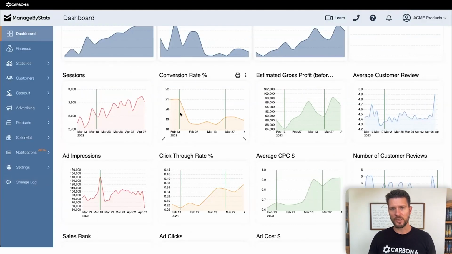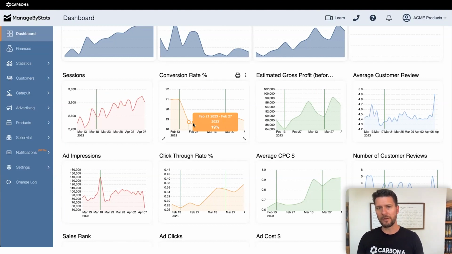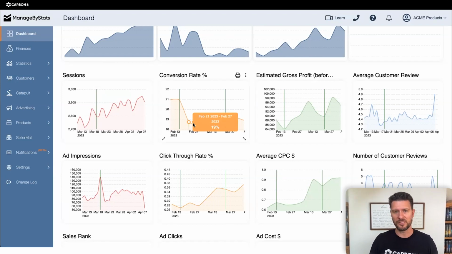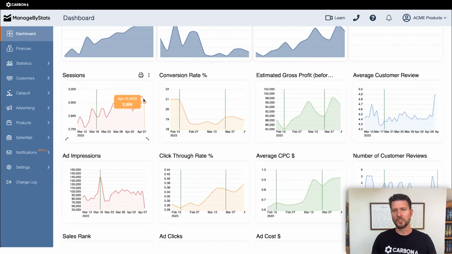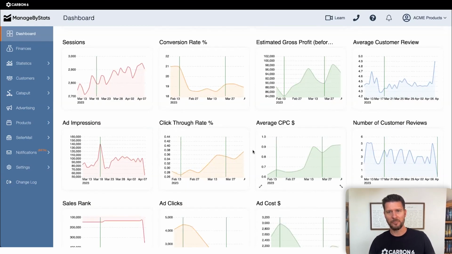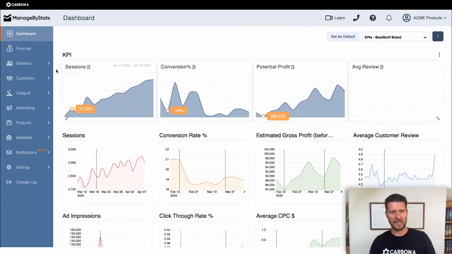And it's going to show you, okay, this change you made, oh man, you made a mistake, right? Your SEO update resulted in your conversions plummeting. So something about your back-end updates was actually harmful to your business. Whereas you could be looking at here, you did something and now your sessions are going up, right? So you can clearly see how it's affecting the different parts of your business and whether you need to go back and change something or not. Okay, so that's the next element that we have built out in there.